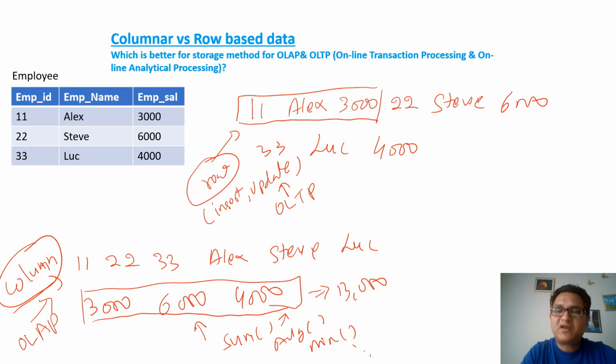Now, if you are talking purely about some kind of aggregation function, whether it's sum, average, or min, these kinds of operations are very fast in a column-oriented database or storage, right? So that will actually help to understand where OLAP and OLTP are helpful. I hope this columnar approach and the row-based approach